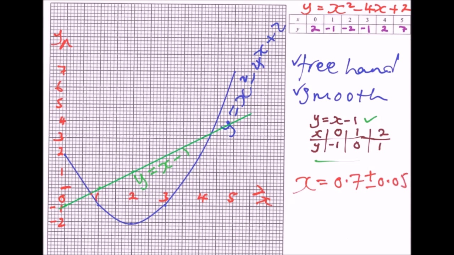And the other point is this one, which is around 4.4. So we say it is 4.4 plus or minus 0.05. That is the allowance that we give due to maybe the accuracy of the drawing, and it is allowed even in exam. You still get full marks, but make sure that you don't give a wide allowance,